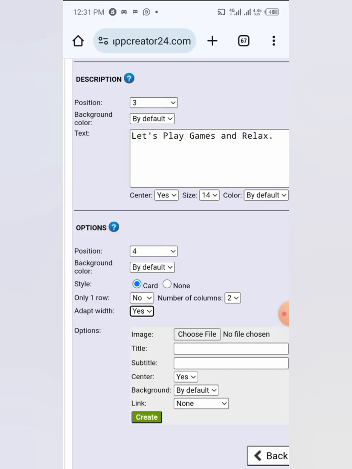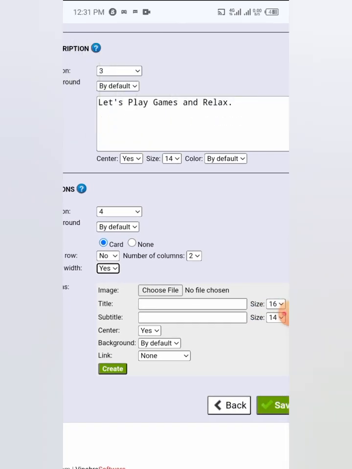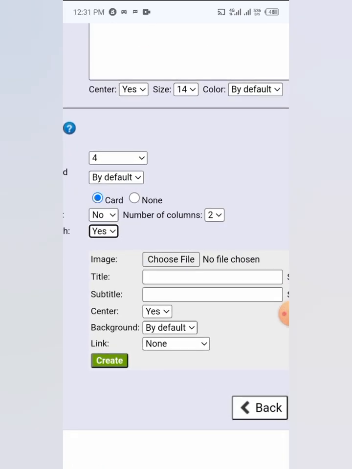Adapt to width, yes. So I'm just going to come here, and the first one I'm going to do is put the name of the game. So to know the first name of the game,